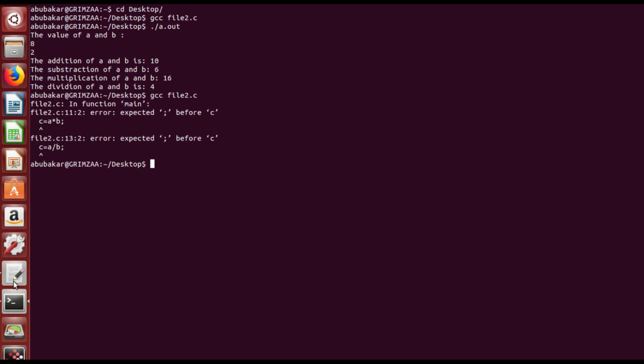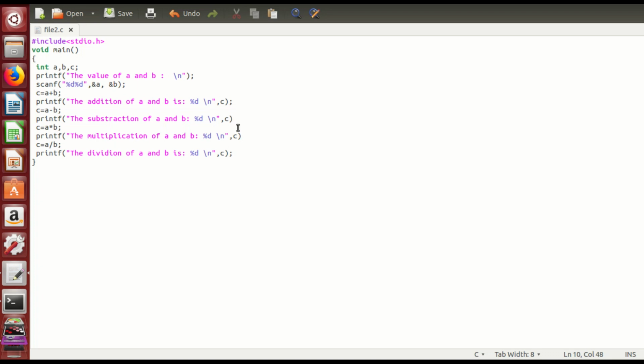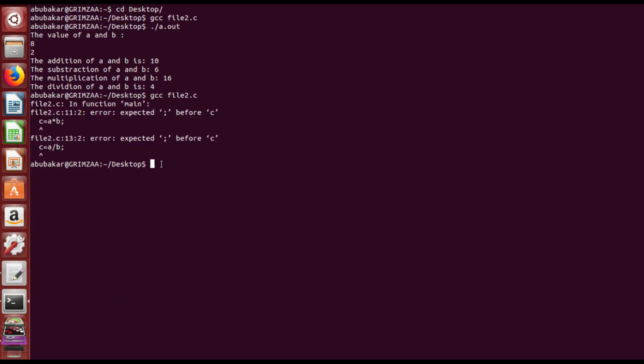Now again we go and add back the quotes that we removed, then save the file. Again compile it and press enter. It shows nothing, which means there is no error in your compilation, so you can directly run the output file using ./a.out, which gives you the output of your program.